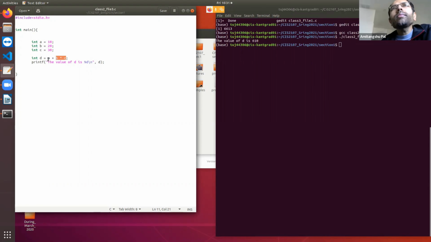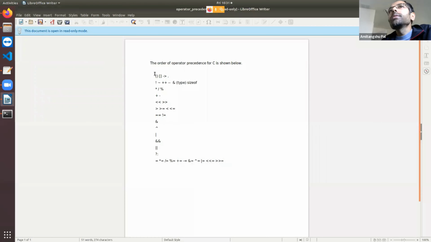But other than these operators, there are also multiple other operators that you need to deal with. So here I have listed out a number of different operators in C. As you can see, multiplication and division have higher precedence than addition and subtraction.